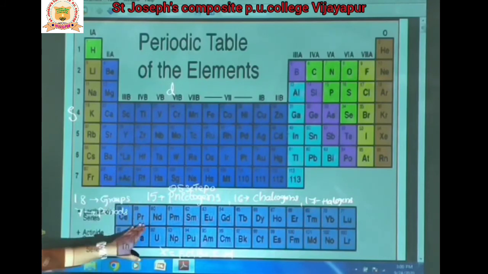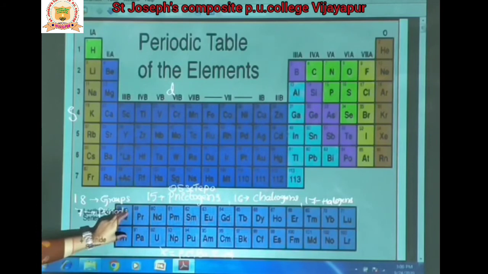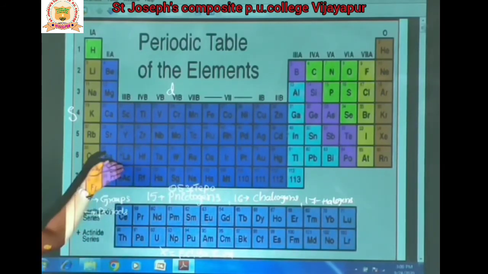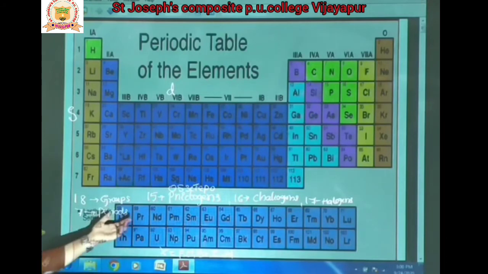Next, come to the F block elements. One of the drawbacks of this periodic table is that the 14 elements of lanthanides and 14 elements of actinoids, these two F block element groups are placed at the bottom of the periodic table. If they are placed on this side, the shape of the periodic table becomes irregular. Due to this reason, these 14 elements are placed at the bottom of the periodic table. This is one of the disadvantages of the periodic table.